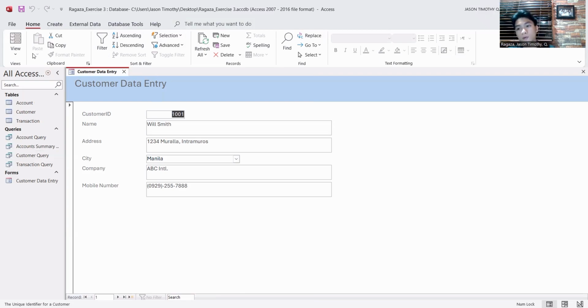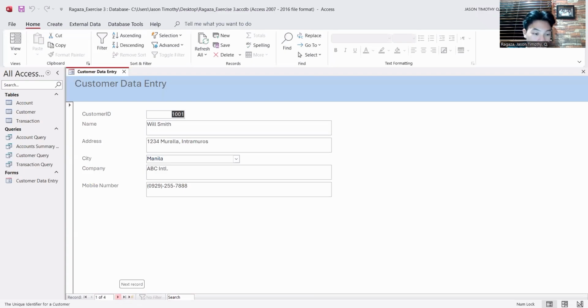To explain its functionalities, we are going to explore the directional options in the screen below. Here we can see the first record, Will Smith, customer ID 1001.